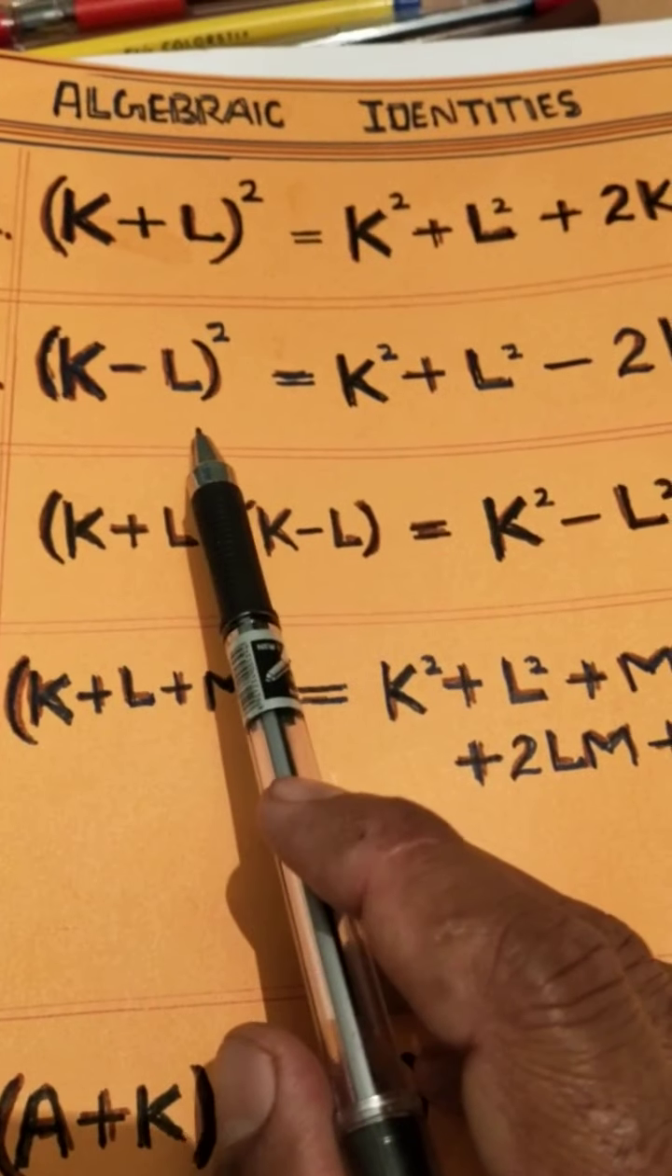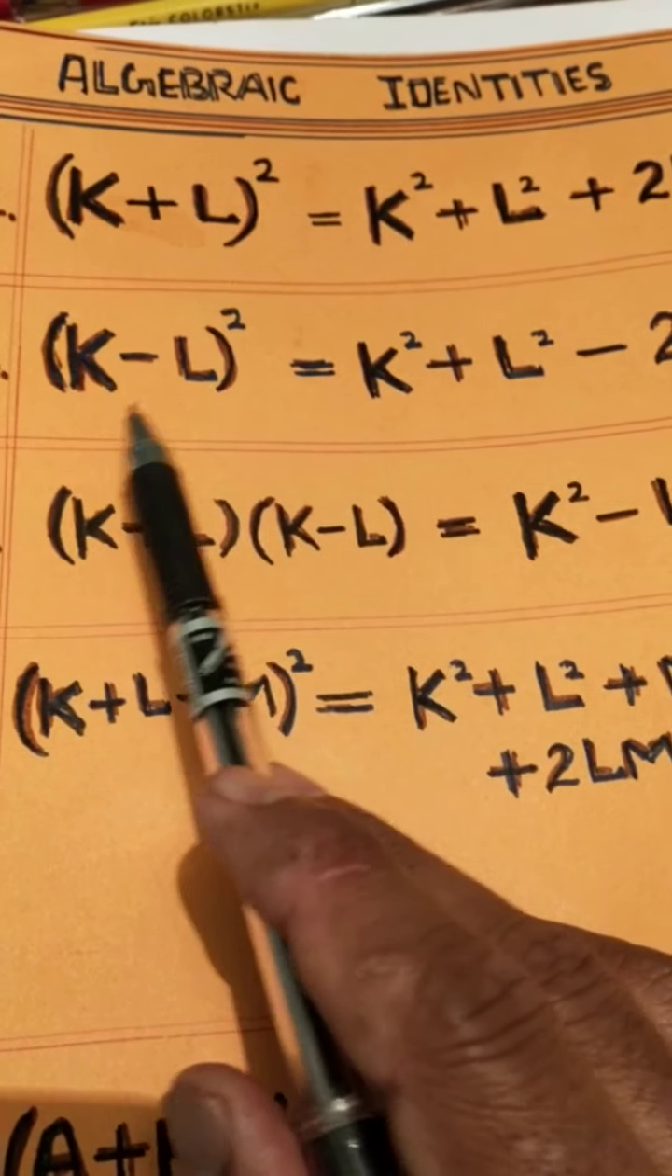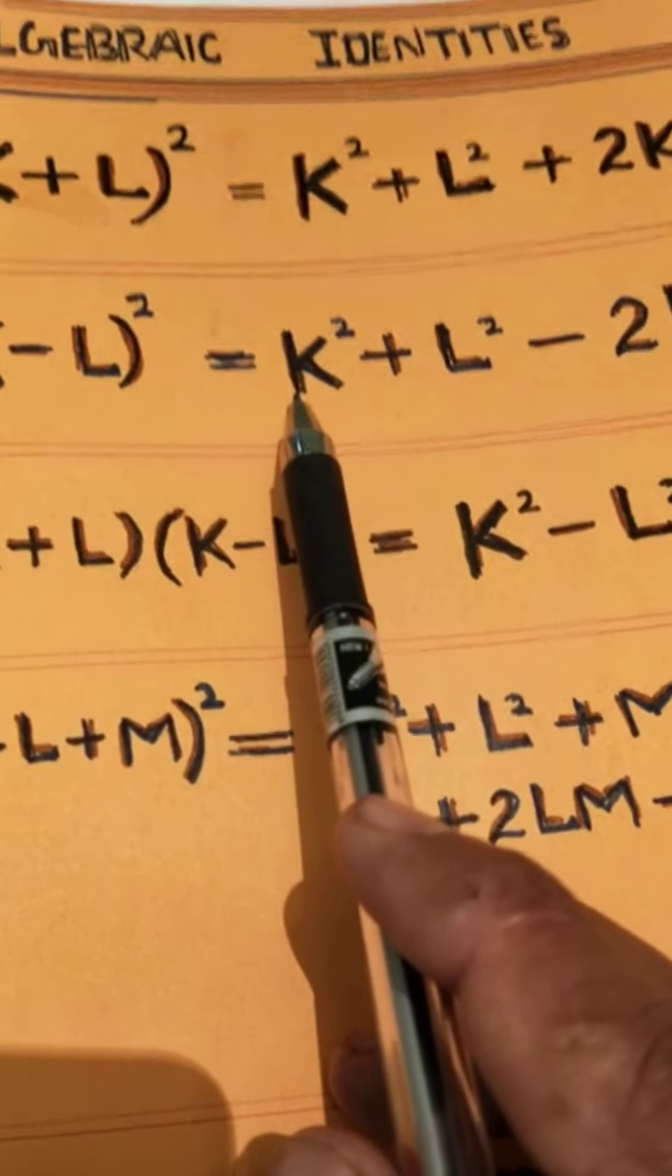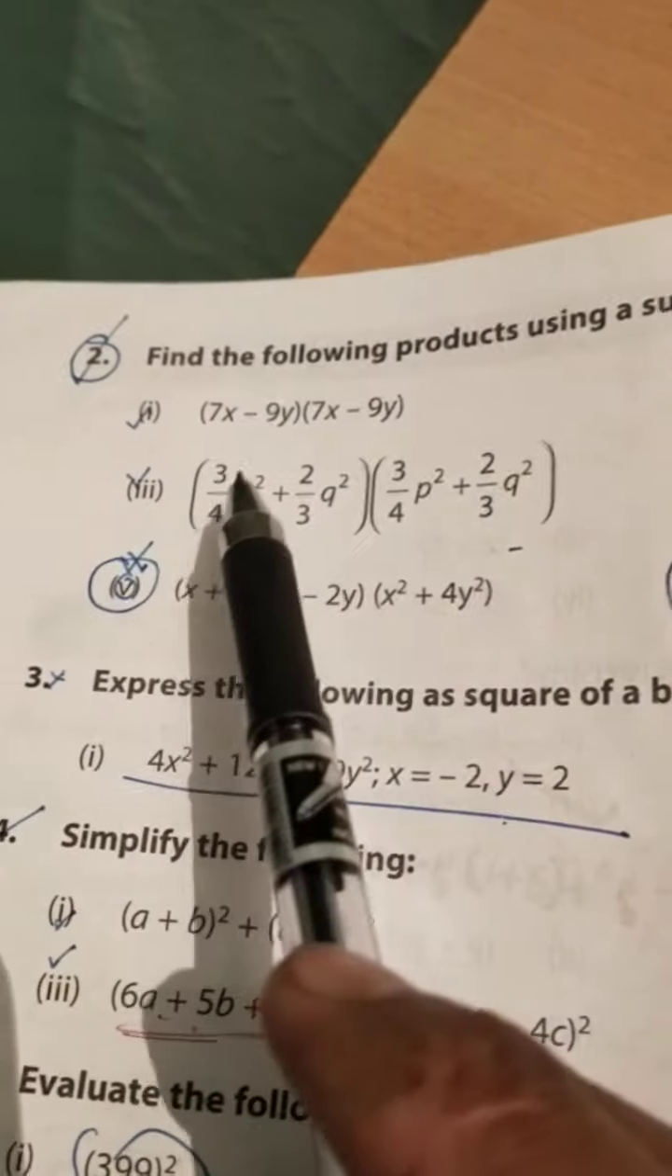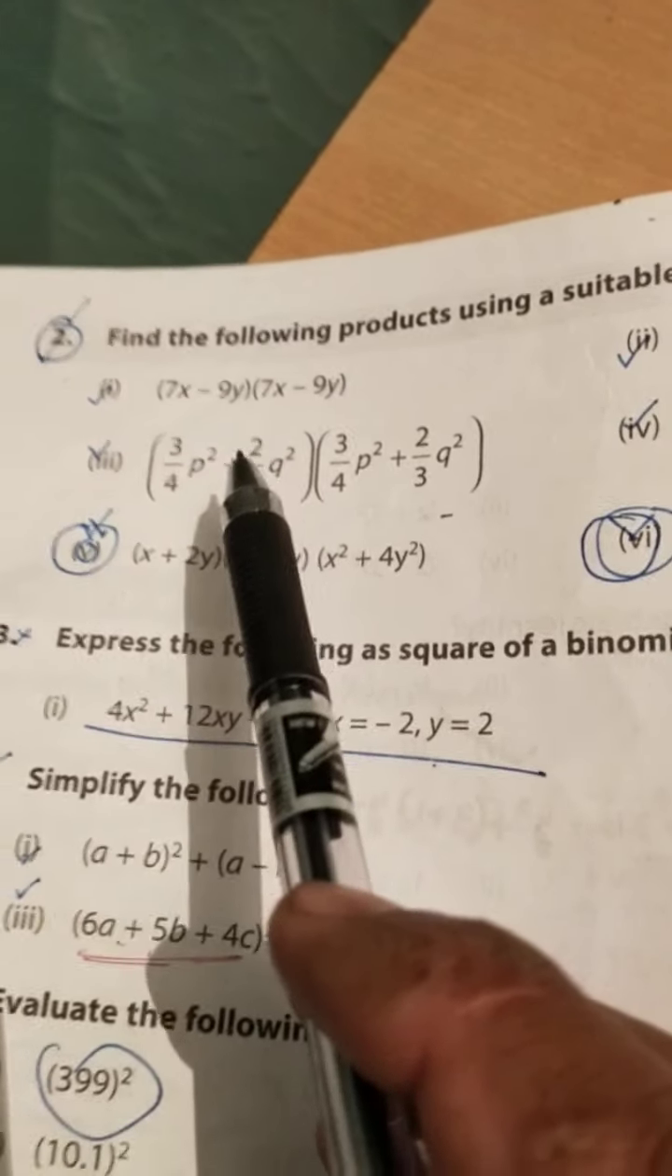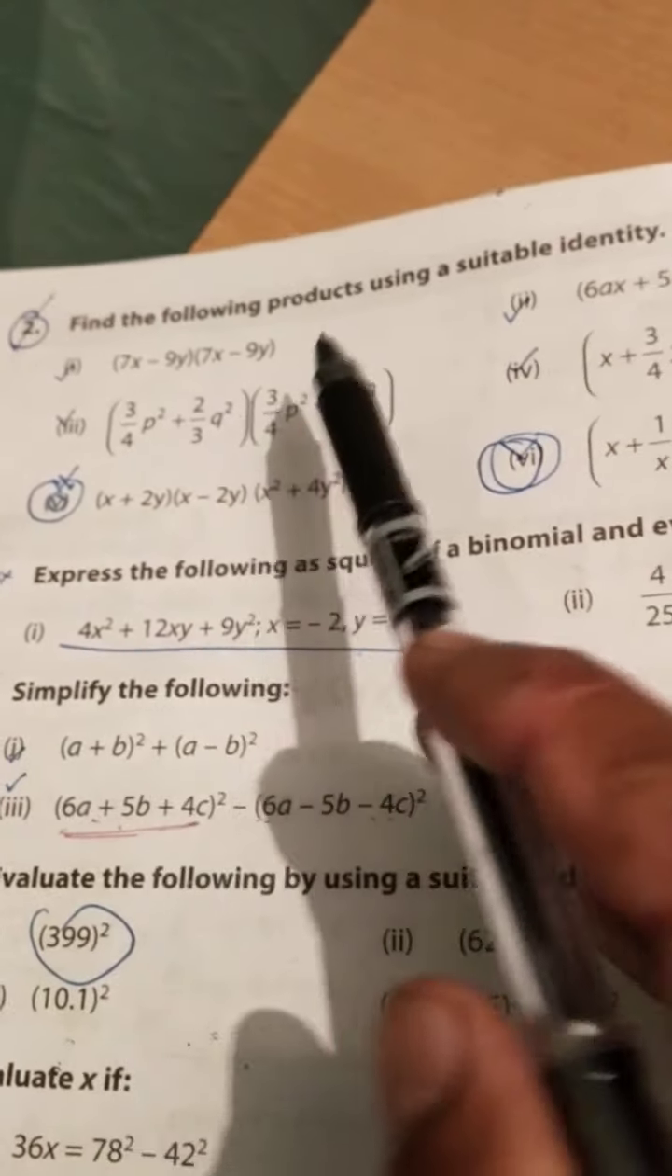I have taken here a is your k and b is your l. A square plus b square minus 2ab. This can be written as 7x minus 9y whole square. In this way you can solve it. Next,